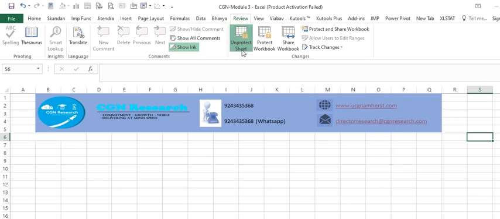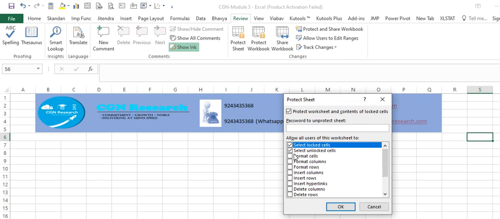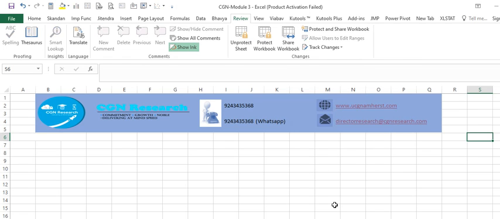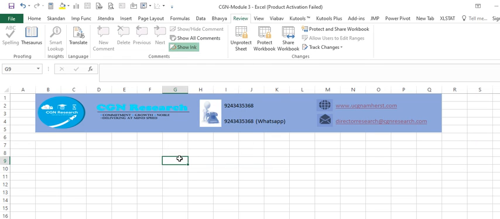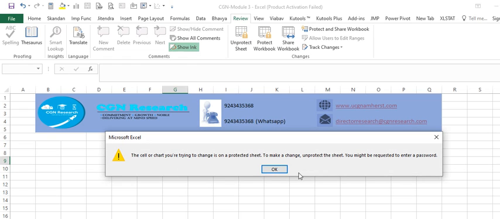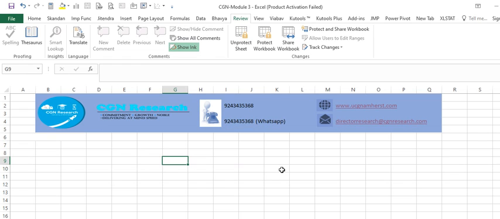So for example, let us say on this cell, I want to format the cell and insert hyperlinks, and then say OK. For example, for doing a hyperlink, you see it is now protected. The sheet is protected since I selected all those things.